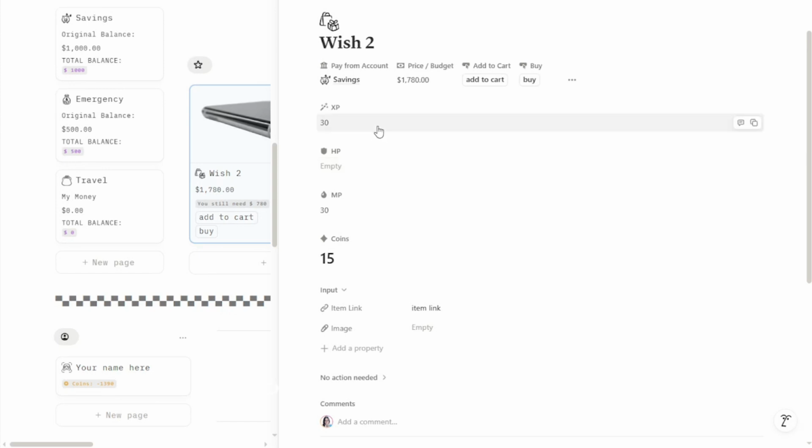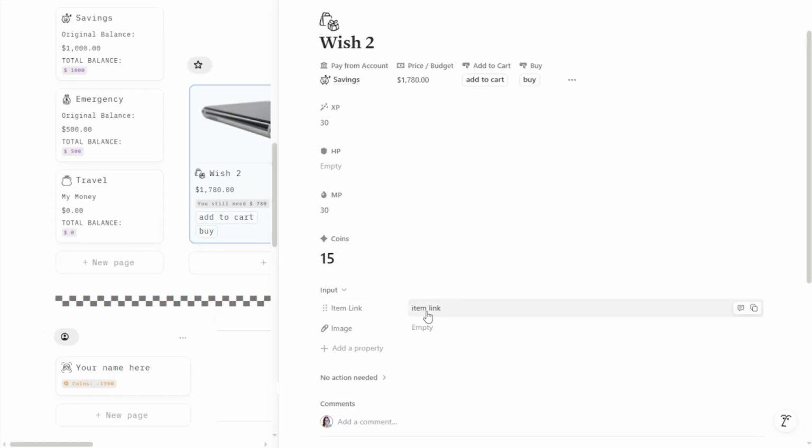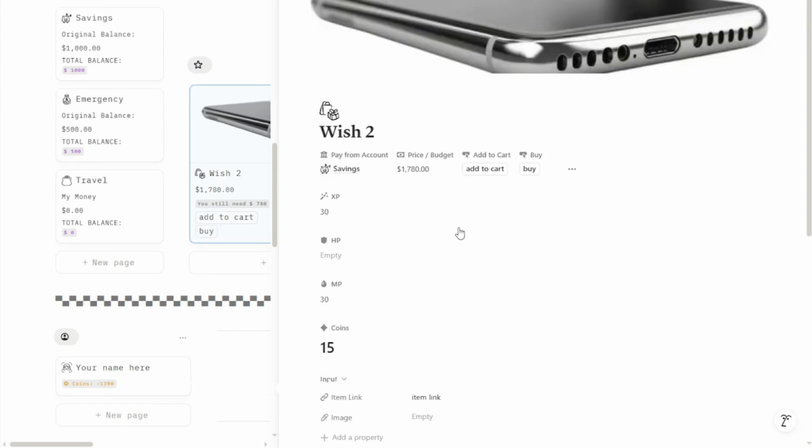So basically, each time you buy something from your wish list, it gives you rewards. So it boosts your, for example, your mental health, and then it makes you rich. Imagine you're playing any kind of RPG game, right? And then you buy a loot bag from their shop, and you spend real money, and then you also get coins or some sort of rewards from that shop. So this is the same, and this is the link and the image of the item that you wanted to